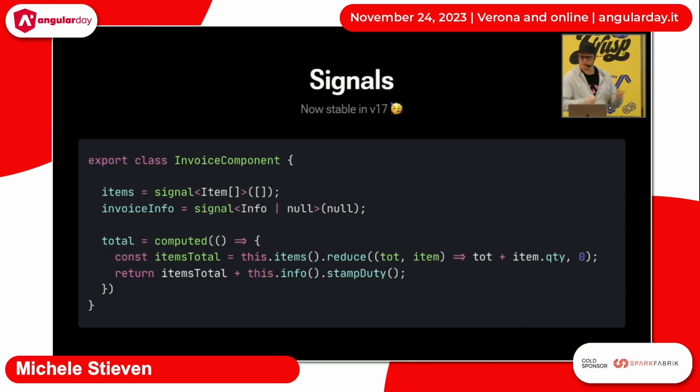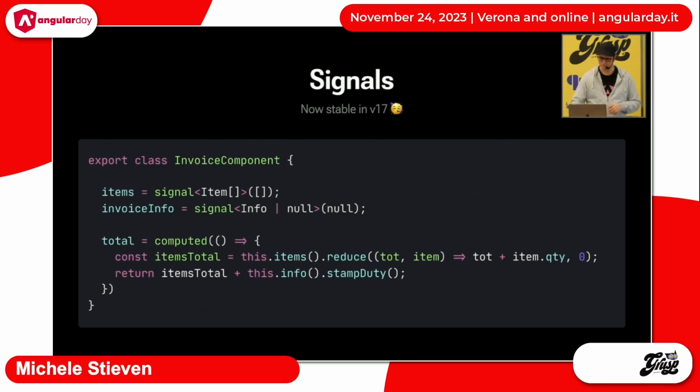So we have our states, which are our signals, and then we have a derived state, which is created using computed. What's important here is that with computed, we are defining a declarative recipe for the state. I can now immediately see how the total is calculated, and I don't need to update the total in any other part of the component. So this is what I mean with design to forget. I have structured my application, my component, so that I'm free to forget about that total, because I won't touch